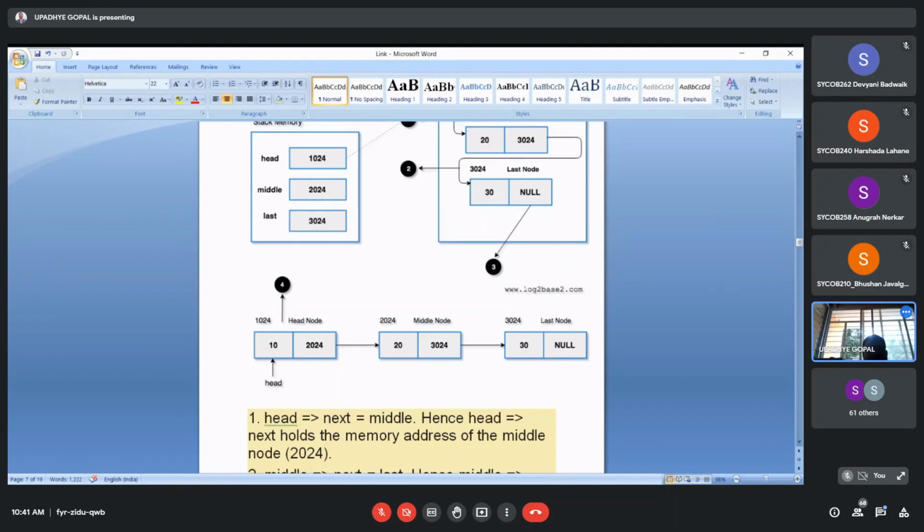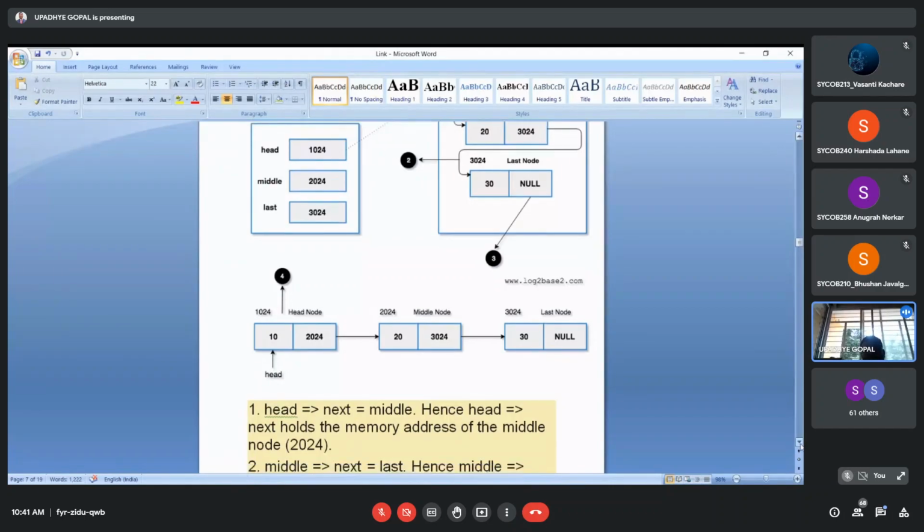Is that clear? Is that clear? Both the representations? Yes, sir. Okay. Yes. Any doubt in this? Roll number 30? 13, 10, 213. Any doubt in this? No, sir. Okay. Good. Now,